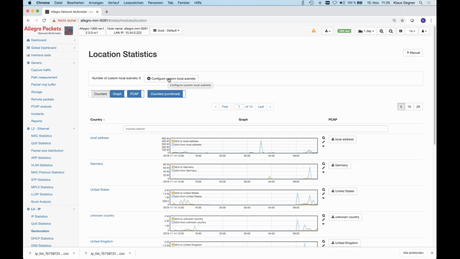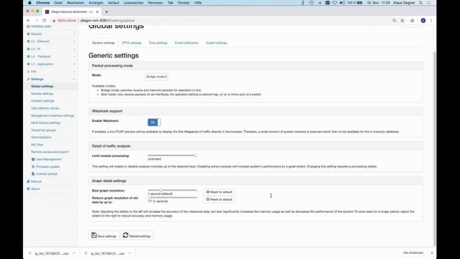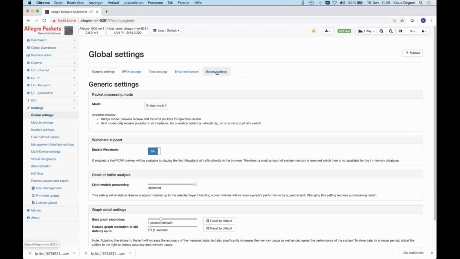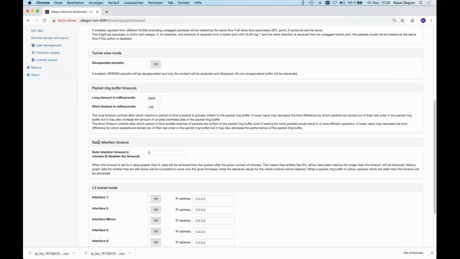Another feature, which has to do with the GDPR and data protection, is that it's now possible with the Allegro to limit the time how long all the data is being stored on the Allegro. So let me search for it. Yes, the data retention timeout. Very simple. If you, for example, are allowed to do troubleshooting only for the last 48 hours, you can put in the value here, and then the Allegro will delete all old packets and all old metadata, which is older than 48 hours.